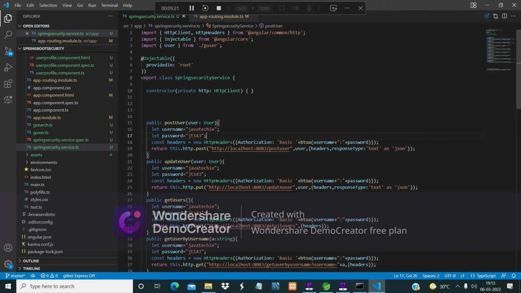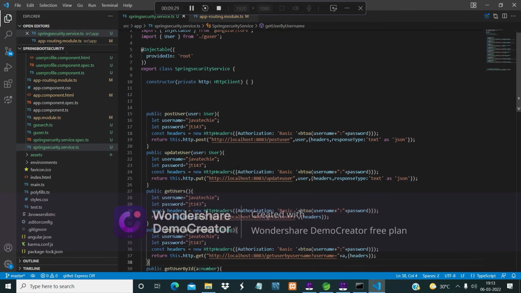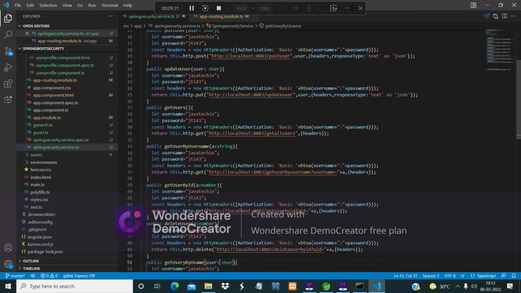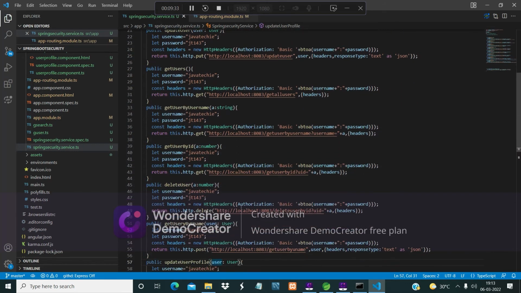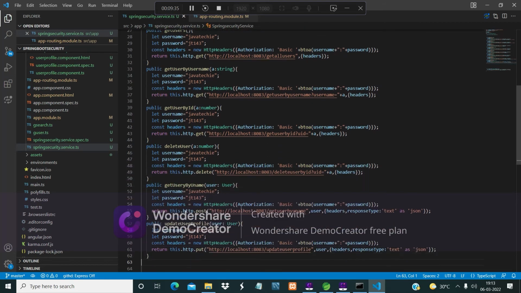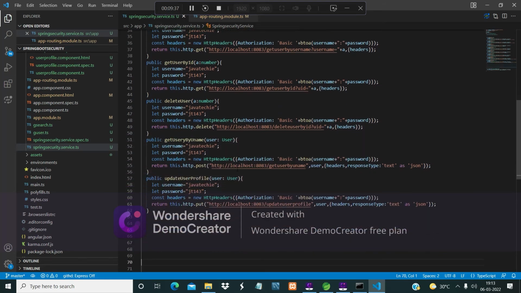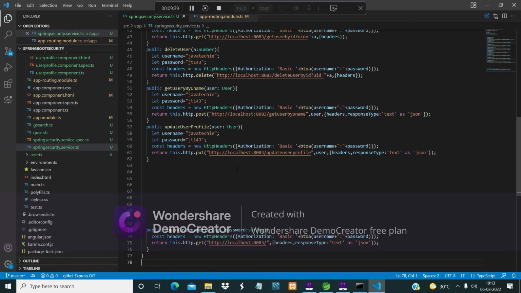We will add the constructor as private HTTP client, then post user, update user, get user by username, get user by ID, delete user, get user by uname, update user profile, and then the login for authentication. This code will be added to the services.ts.